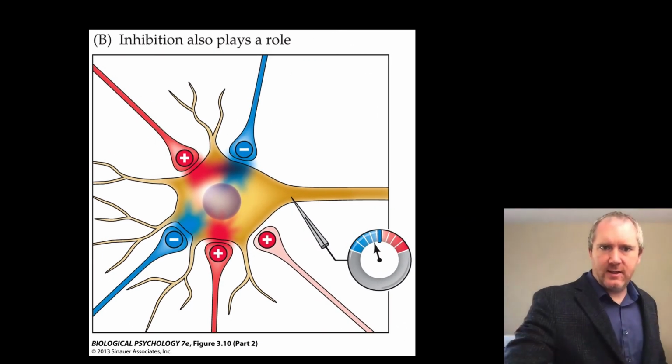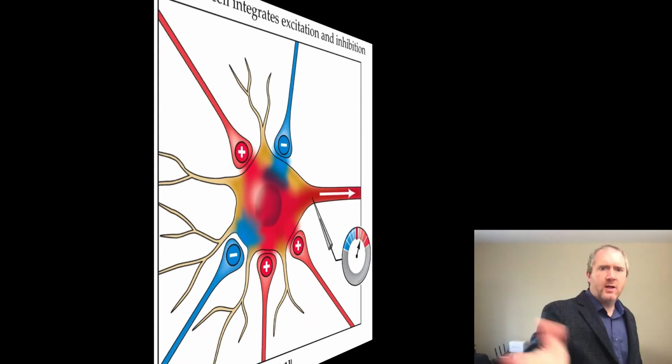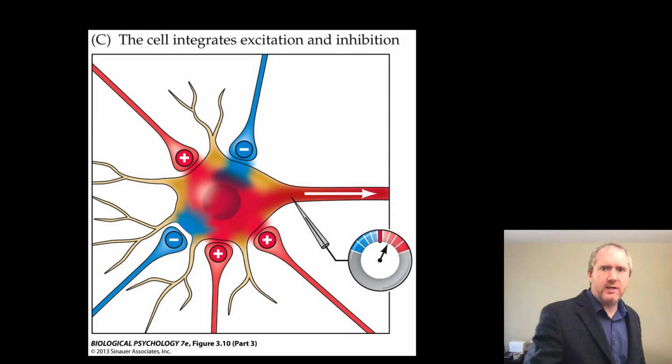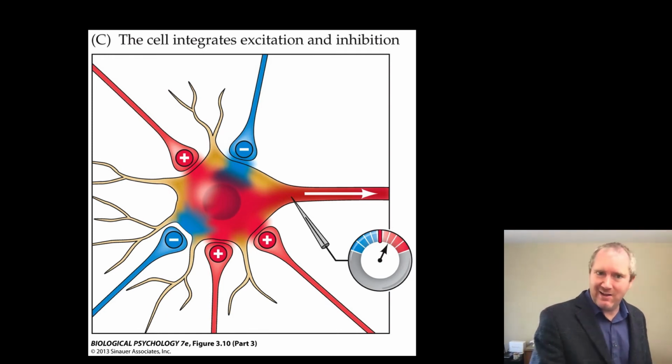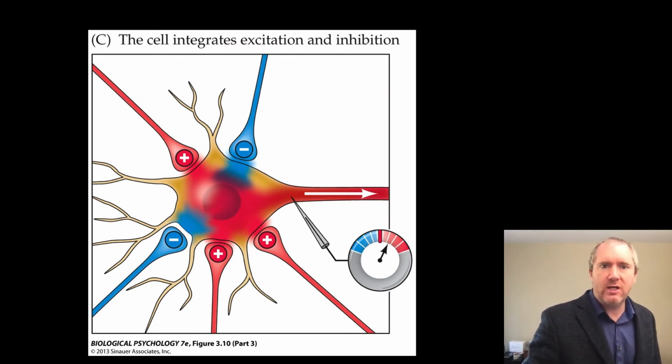In contrast, inhibitory input or increased inhibitory input will drive you away from an action potential. Thus, your end result is really something more like this, where you have a lot of excitatory and inhibitory input that would be competing. And really, based on learning experience, changes in dendritic spining on the postsynaptic side and presynaptic input on the presynaptic side, you will determine whether or not you see sufficient EPSP